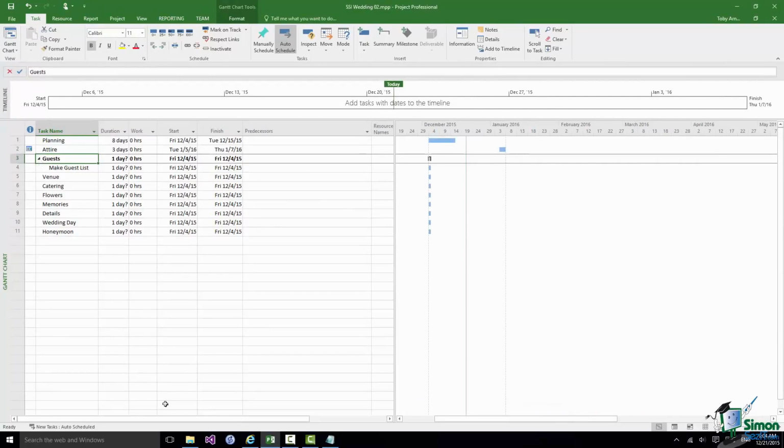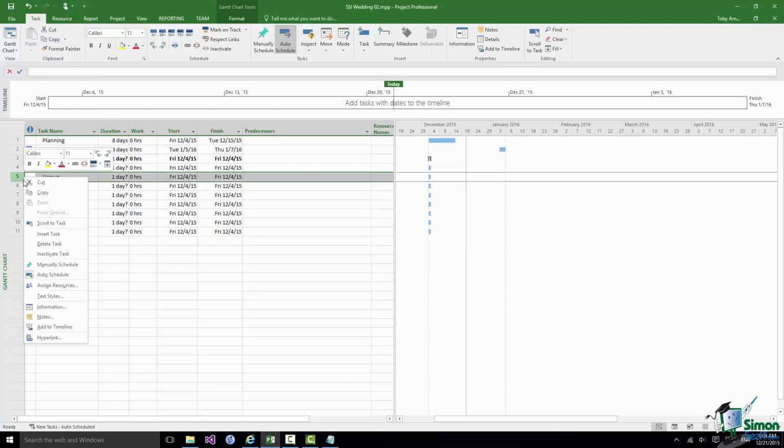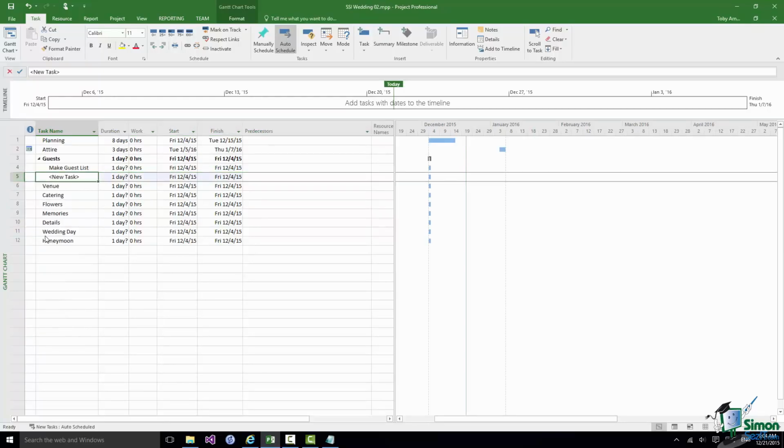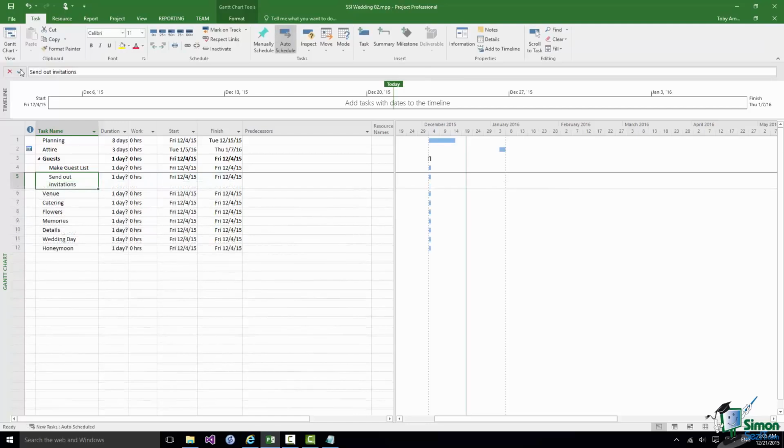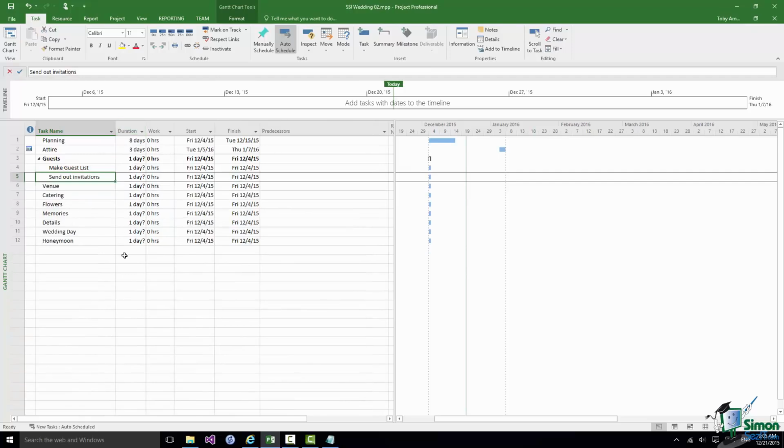Now what I'm going to do is to put in the second subtask. Again, I'm going to click on venue, I'm going to right click, and once again insert task. This new task clearly goes above venue again, but it also inherits the indentation level, what we call the outline level of the task above it. So it automatically becomes a subtask of guests because it gets the same indentation level as Make Guest List. So let me type in now the name of that second task. Now you can see there how the text is wrapped. I need my task name column to be a little bit wider, so let me widen that out a little.